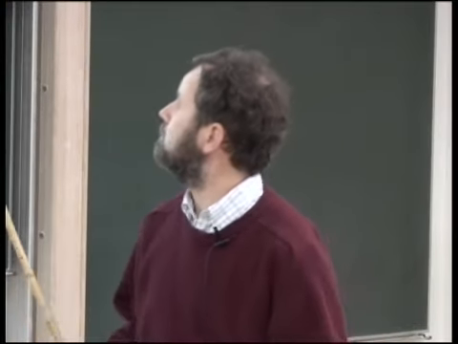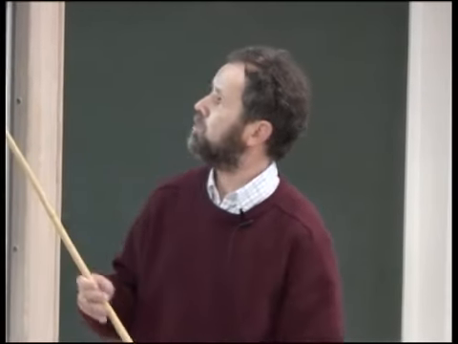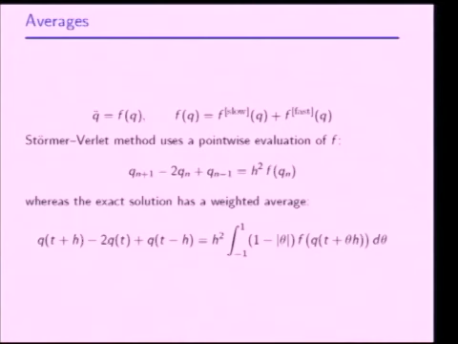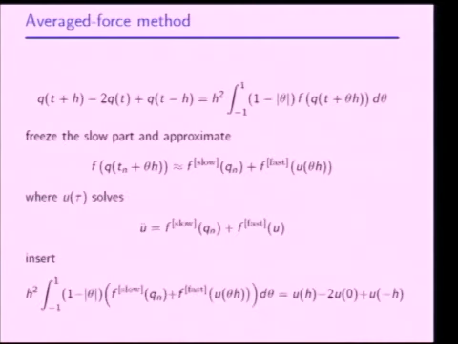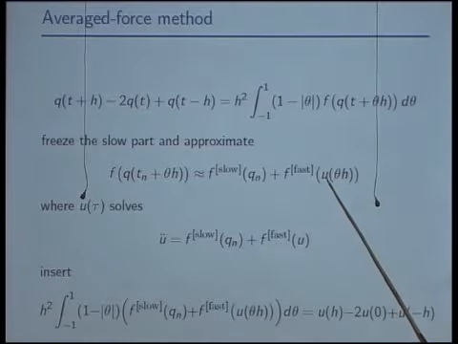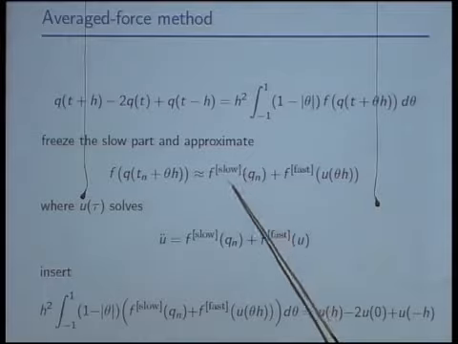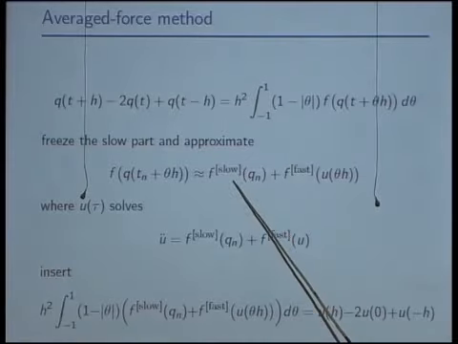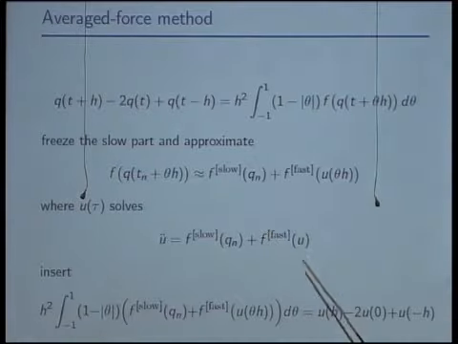Now, let's take this as a starting point for the construction of a method. So here is the formula once again. And we had the splitting of F into a slow part and a fast part. And now an interesting case in many applications is where the fast part is relatively cheap to evaluate, perhaps concerns only a small part of the whole system, whereas the bulk of the computations would go into an evaluation of the slow part. So we would be interested in evaluating the slow part